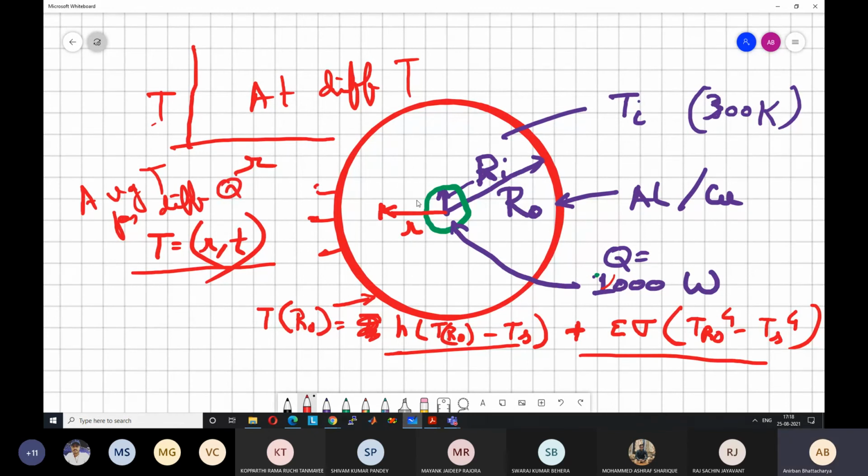So a lot of things can be checked. If the heat transfer coefficient increases, how the temperature varies. If the size of the heating region increases, how the temperature varies. If the size of the plate increases, how the temperature varies. You want to check that. Using finite difference explicit scheme, it should not be difficult at all. Governing equation will be different, remember. What coordinate system we have to use here? We have to use a cylindrical coordinate system, right? Accordingly, you have to take the governing equation and then solve it.